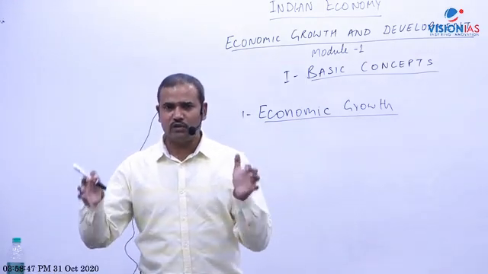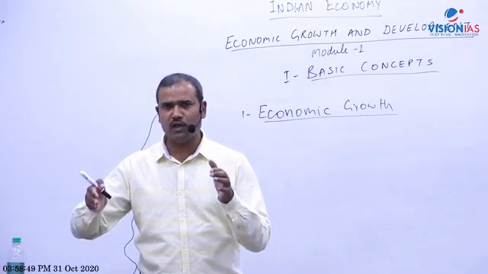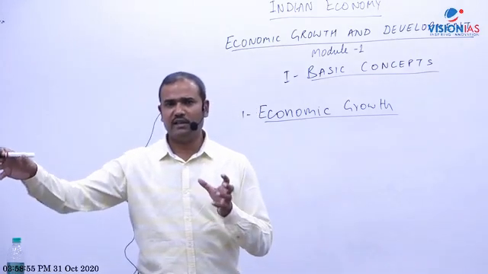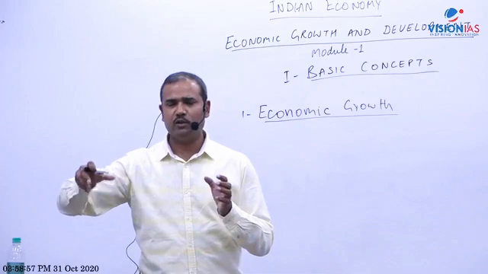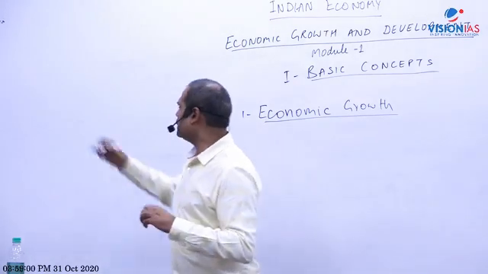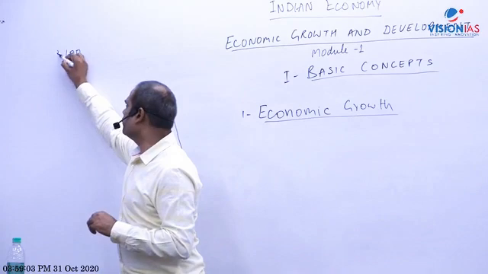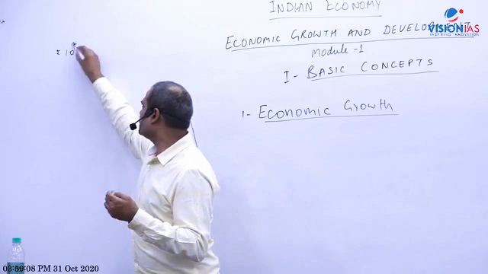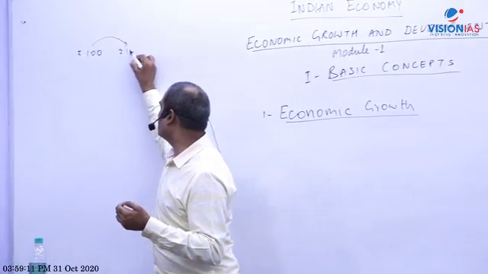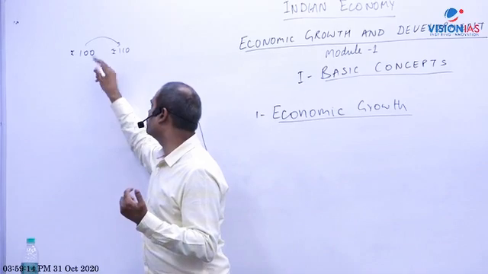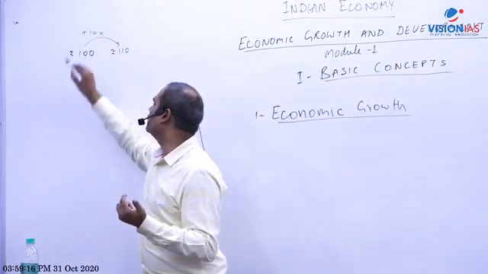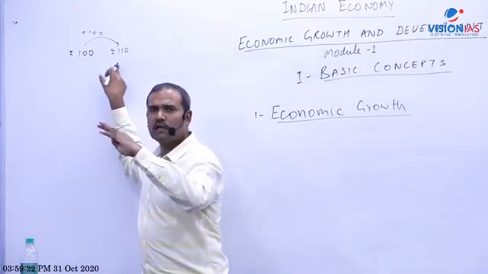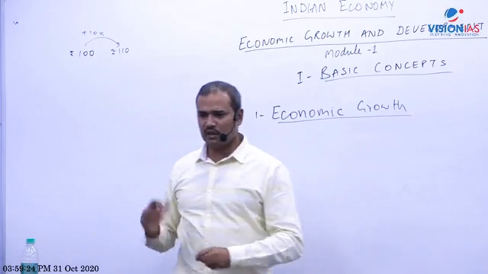So whatever goods we produce this year, if we have produced more as compared to last year, that is our growth. Let's suppose last year we produced goods worth rupees 100, and this year we produce goods worth rupees 110. So growth is 10%. What is the point? Last year our GDP, let us suppose, was rupees 100. Rupees 100 worth of goods and services we produce. A simple illustration in a given country, and next year the production increased to 110, let us suppose. So it means that growth is how much? So growth is 10%. Okay, so growth is estimated by what is GDP of this year and how much we produce more or less next year. So that is, so increase in GDP.